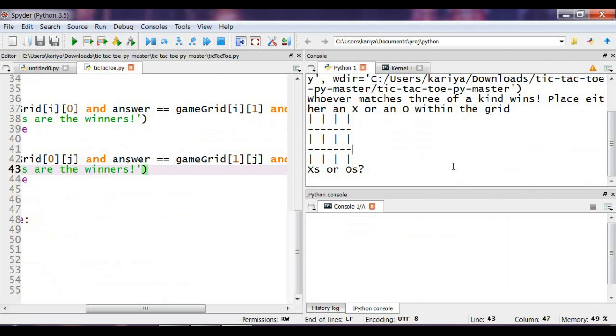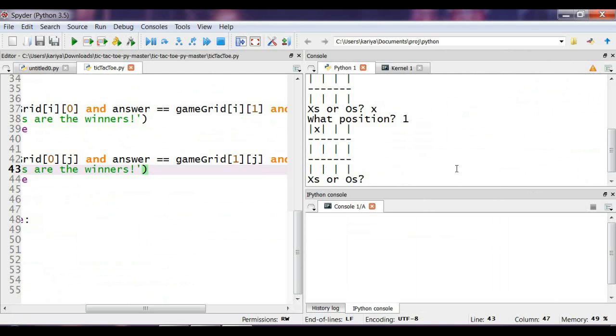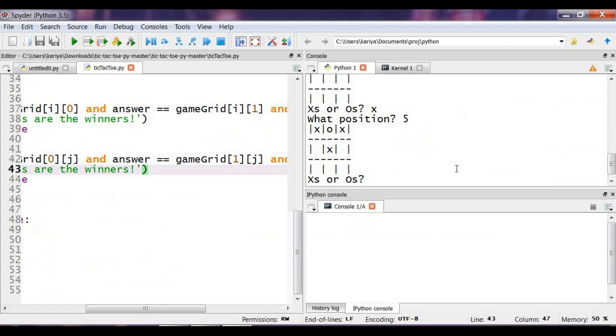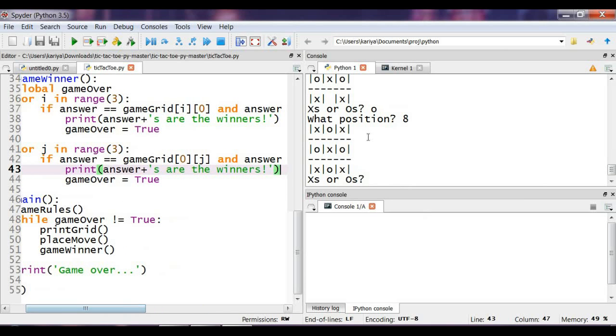Then also, if we run the code, I'll go ahead and show you guys right here. I'm going to run the script. So we're just going to put X, 1, O, 2, X3, X5, X7, X9. Alright, so now we're going to go to the O's. O4, O6, O8. And as we can see, the grid has already been filled up, but it's still being asked for